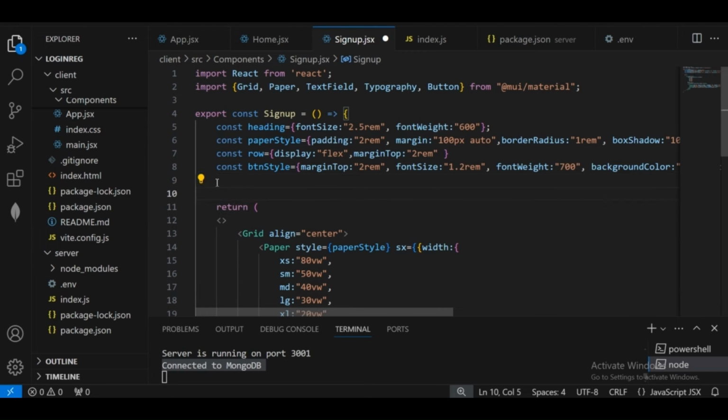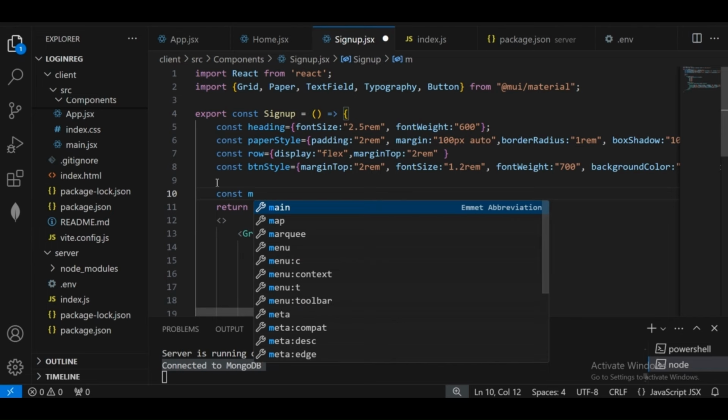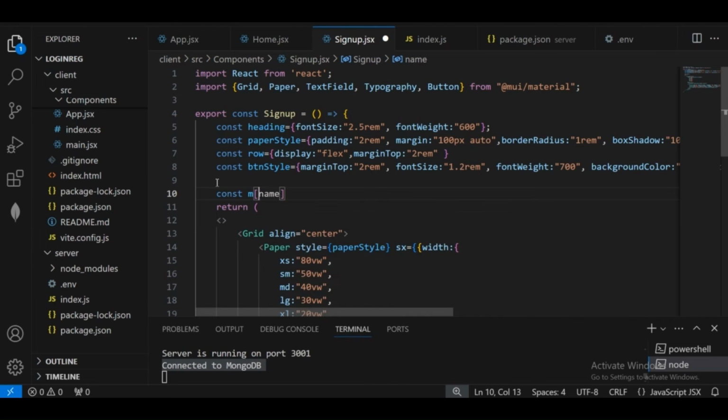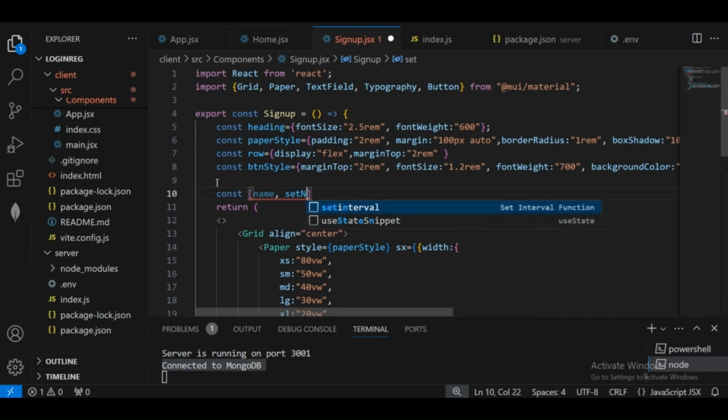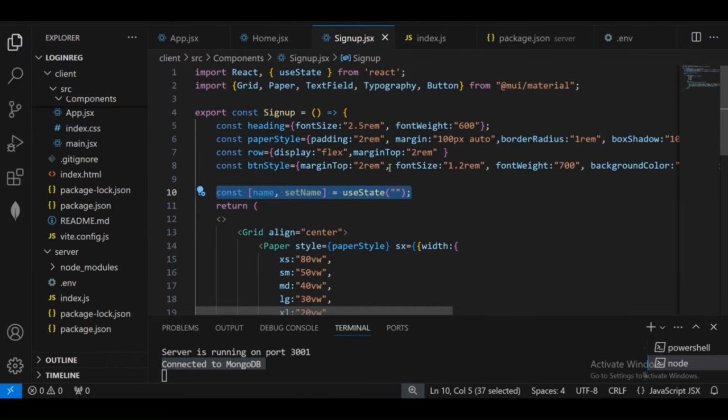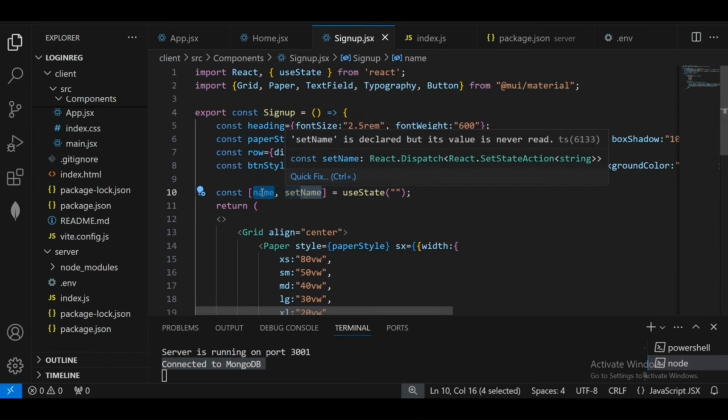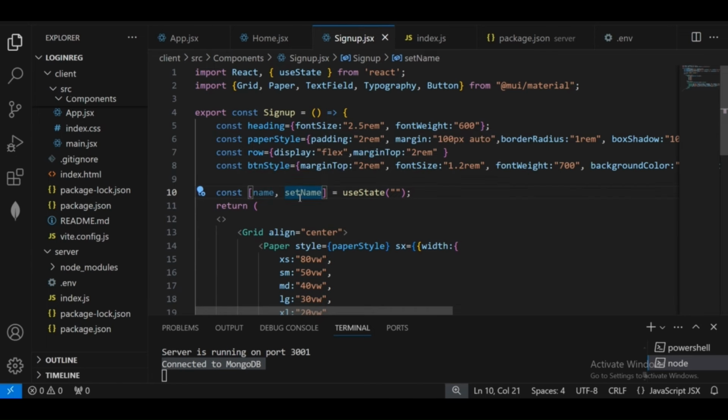So what we will do is, I will use const name, setName equals to useState, and by default the value will be blank. So what this hook will do is, it will use this current state and it will use this function to update the current state. So suppose we have this variable name and we have this variable setName. How I will use it is,